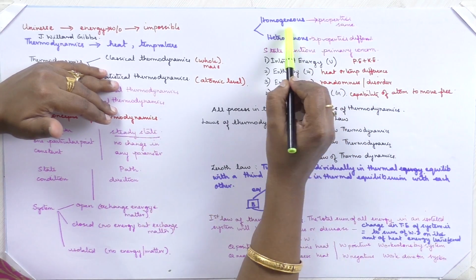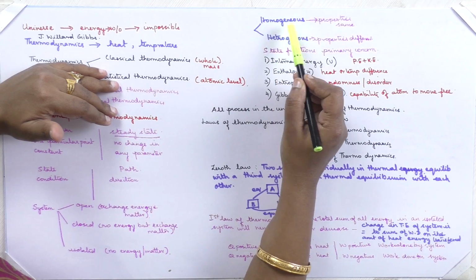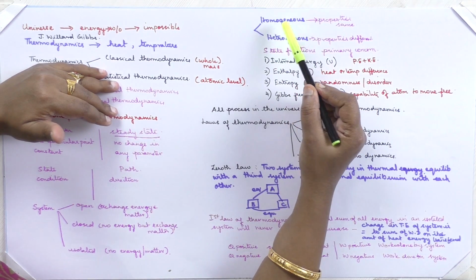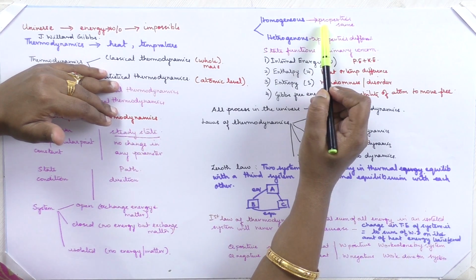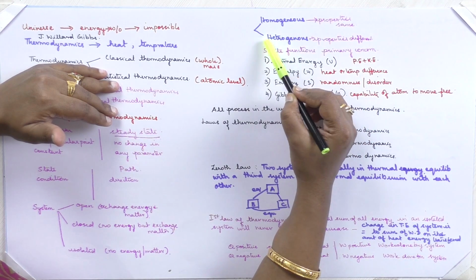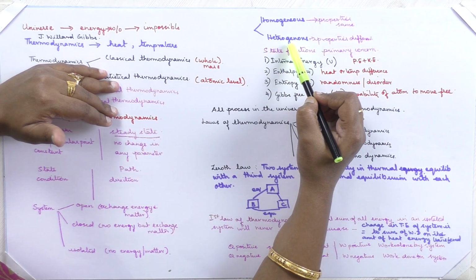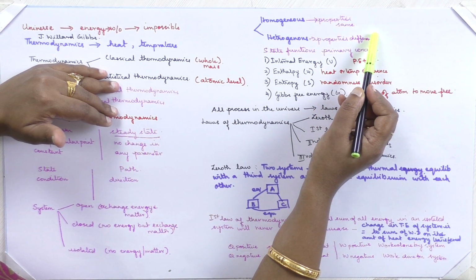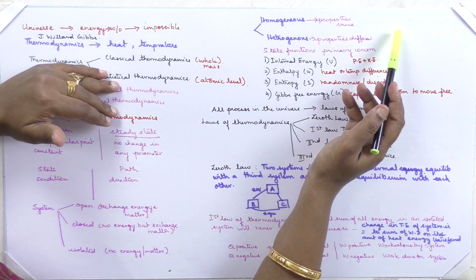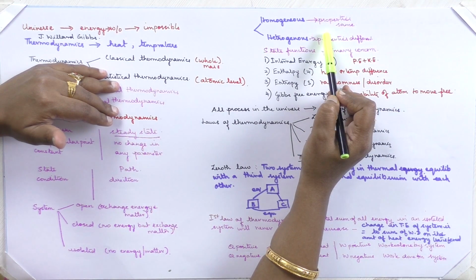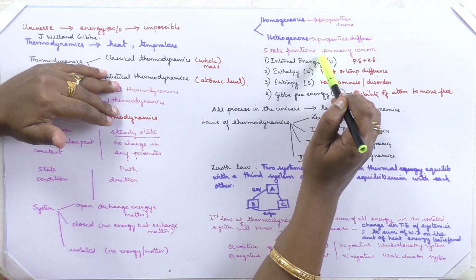Okay. So next, coming to the difference between homogeneous and heterogeneous systems. A homogeneous system is a system where the solute and the solvent have the same properties. A heterogeneous system is a system where the solute and the solvent have different properties. So these are some of the definitions you have to keep in mind before going to the next chapter